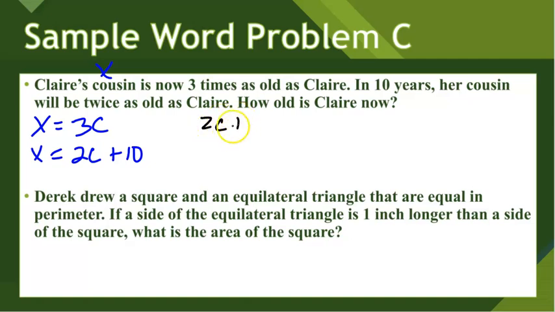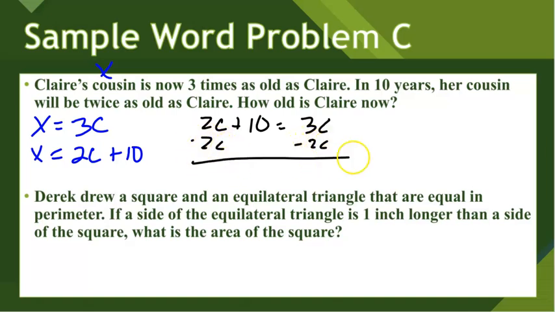So I have 2C plus 10 is going to equal 3C. Now if I subtract 2C on both sides, I have 10 equaling C. So if Claire is 10 years old, Claire's cousin would be 30 years old right now. So Claire is 10 years old. Next, we have Derek drew a square and an equilateral triangle that are equal in perimeter. If a side of the equilateral triangle is 1 inch longer than the side of the square, what is the